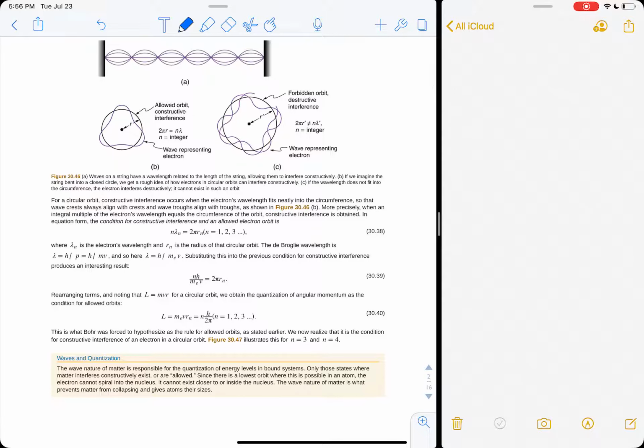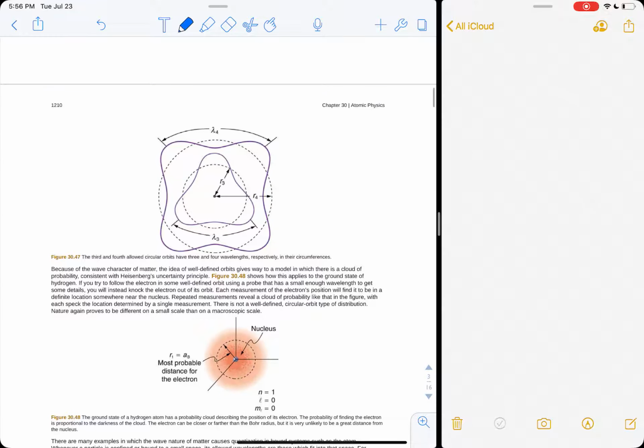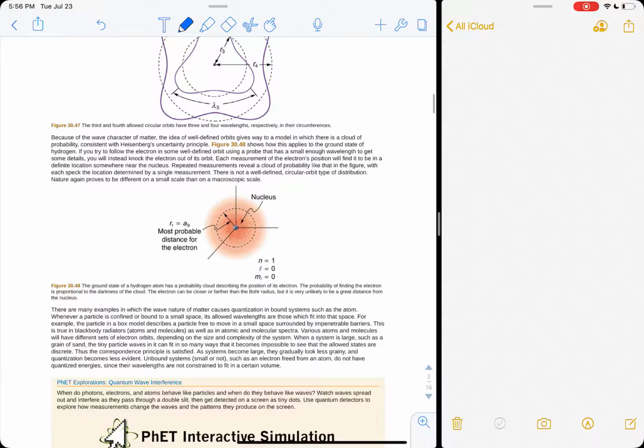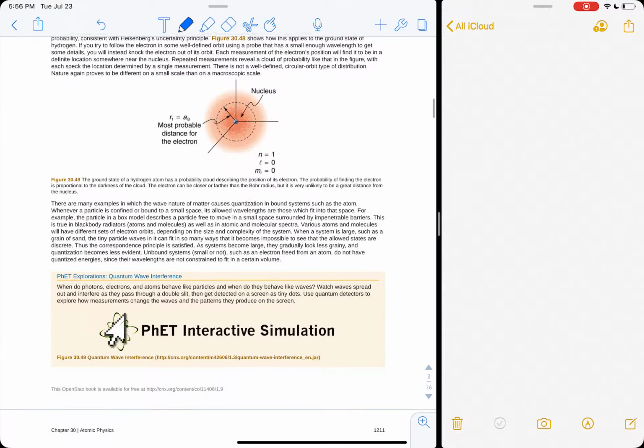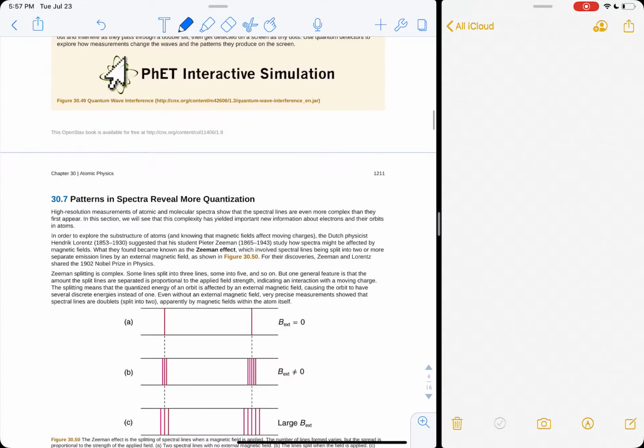And then we're trying to figure out the quantization of an electron orbit, and then you can say, well, the angular momentum of this electron needs to be this specific case, and so on. And Bohr was the first one who hypothesized a rule for the allowed orbits, and then that quantization, n equals 1, 2, 3, or 4, gives you this quantum mechanical aspect of this, where the things have to be quantized.